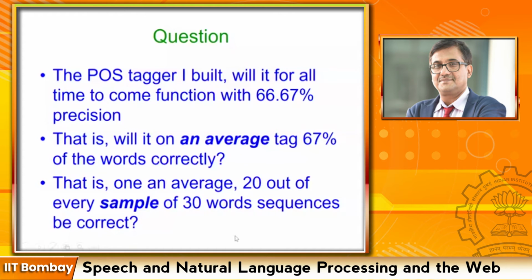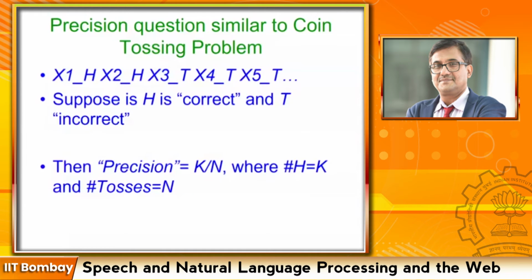Can I say that? Not really. Intuitively, you can say not really, because your claim is based on only one sentence which has been tagged. So this points to the fact that we have to take many sentences and tag them and then compute this kind of precision value. So this intuition is given a formal framework through probability.